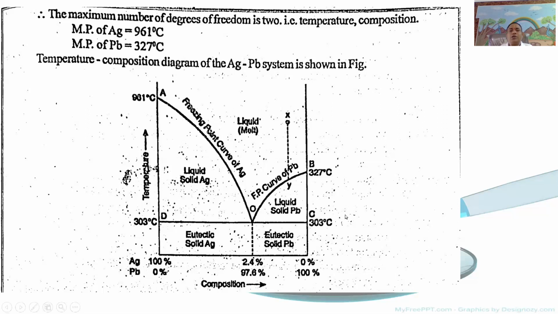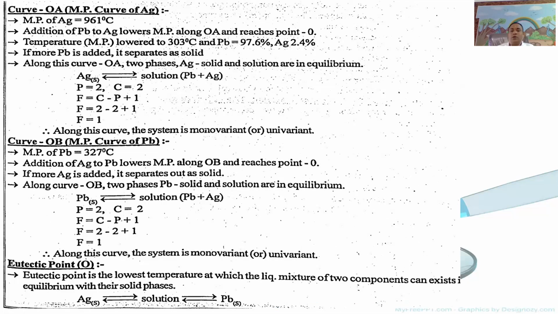is called the eutectic temperature. Here the eutectic temperature is less than the boiling point of silver, 961 degrees centigrade, and the boiling point of lead, 327 degrees centigrade. Here, the lowered boiling point of the alloy when the metals are combined in a constant ratio is called the eutectic temperature. Here in the phase diagram